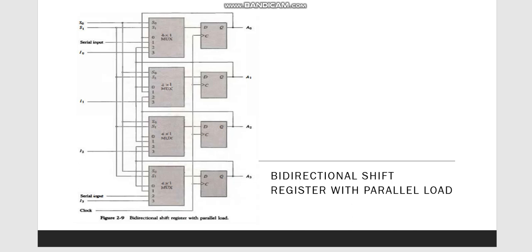Shift registers are often used to interface digital systems situated remotely from each other. For example, suppose that it is necessary to transmit an n-bit quantity between 2 points. If the distance between the source and the destination is too far, it will be expensive to use n lines to transmit the n bits in parallel. It may be more economical to use a single line and transmit the information serially, 1 bit at a time.